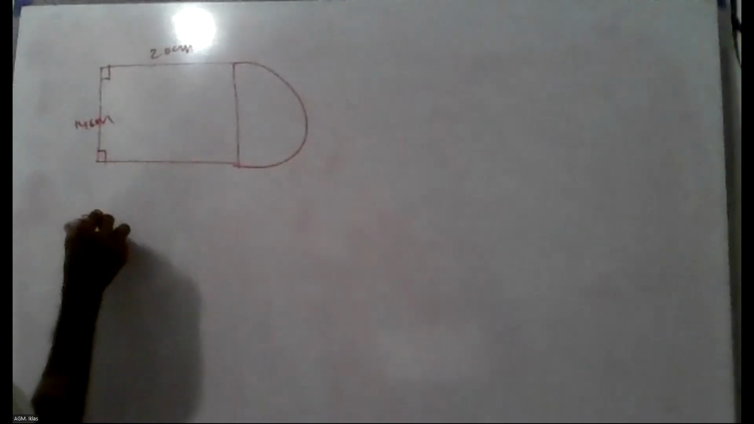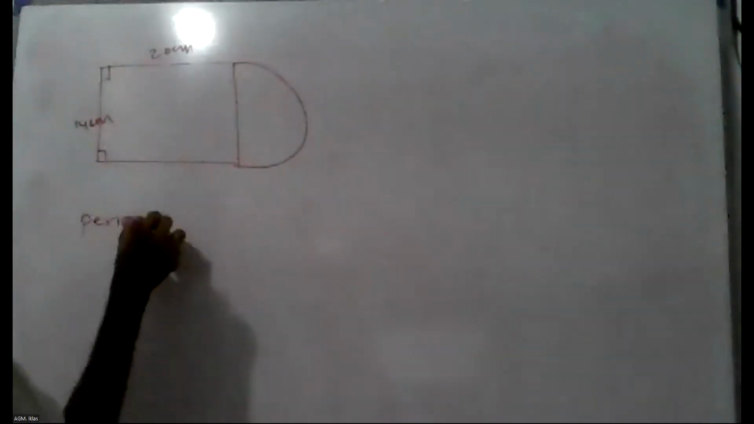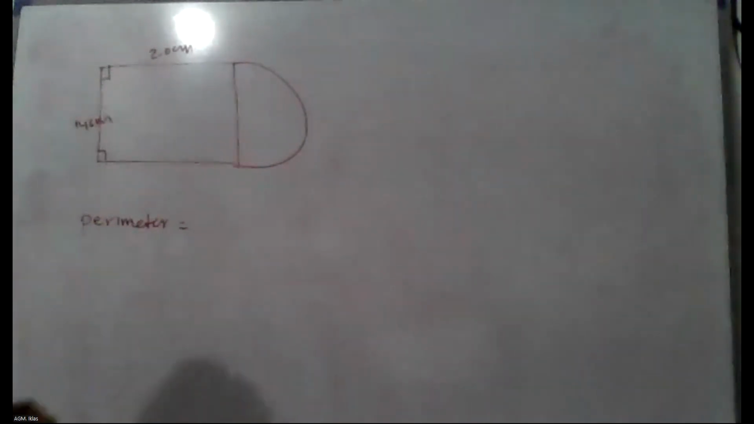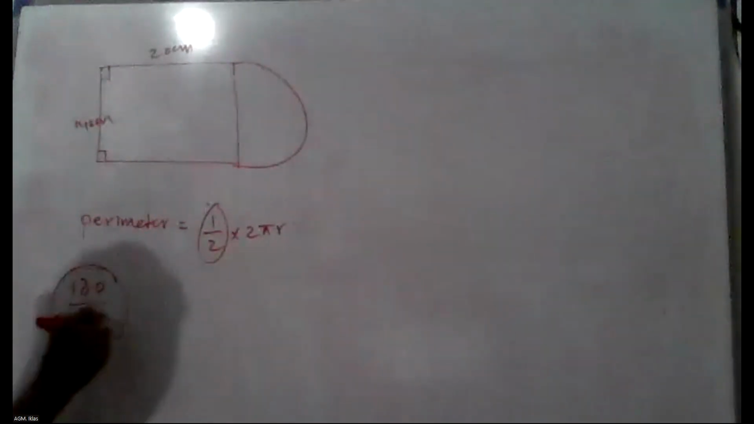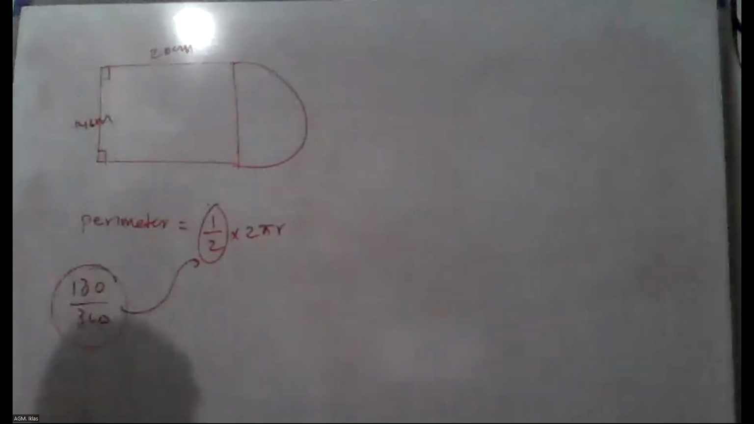So the perimeter is equal to, I'm going to start my journey from here. So this curved area is half into 2 pi r. Do you agree? Why? This is because this is a semicircle. For a semicircle, I can directly put half. I don't need to put 180 over 360. Definitely 180 over 360 is equal to half. So I can directly put half plus this